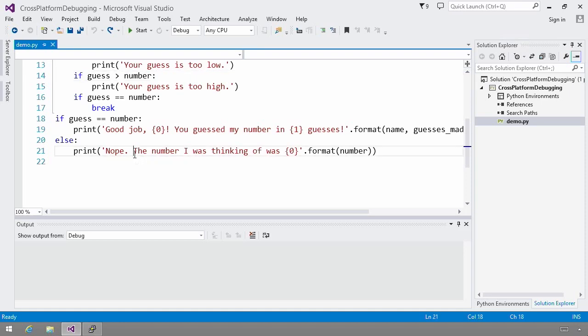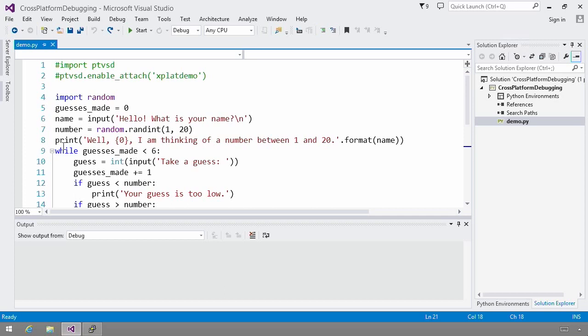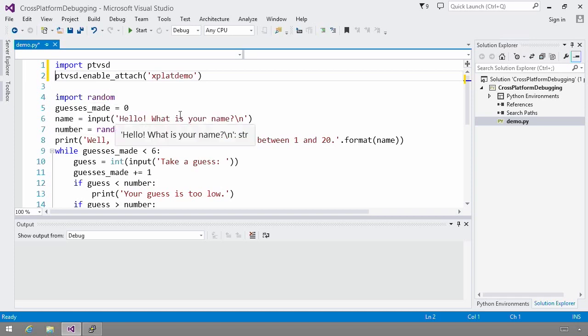Our code is complete, but we want to support future debugging. So we're going to want to add our debugging module. I already have these lines commented out at the top of the file, and so by uncommenting them, it's now in. All these lines do is import a PTVSD module that we provide on the Python package index, and enable attaching to it using a secret key that we specify as xplat_demo. There are other parameters to enable attach, such as specifying the port we're going to use, which for this demo we're using the default of 5678, as well as settings that would allow you to use things such as OpenSSL